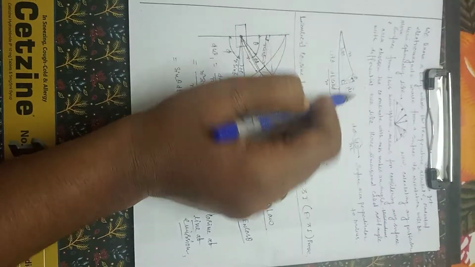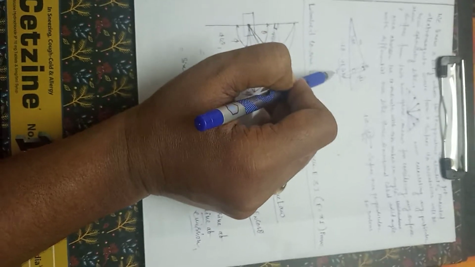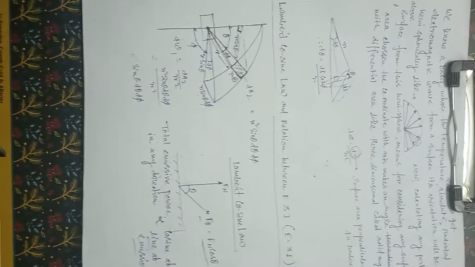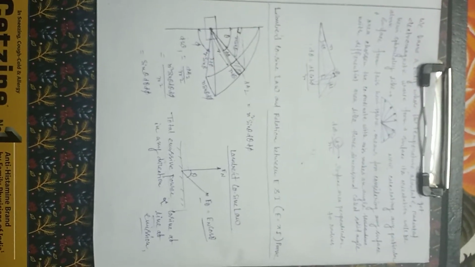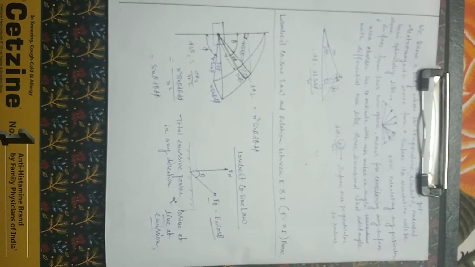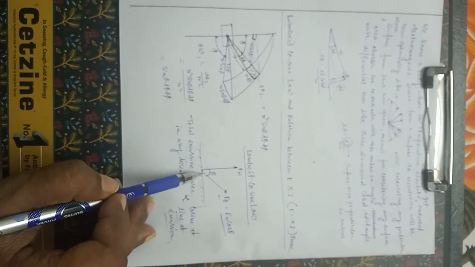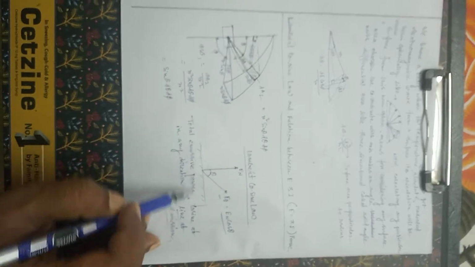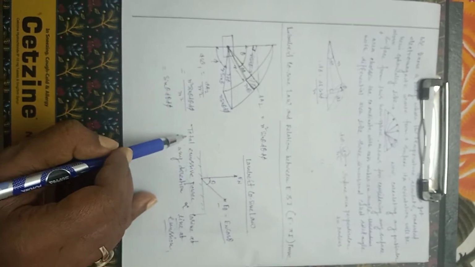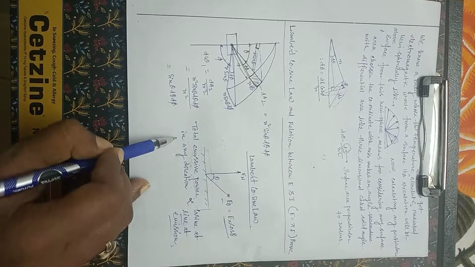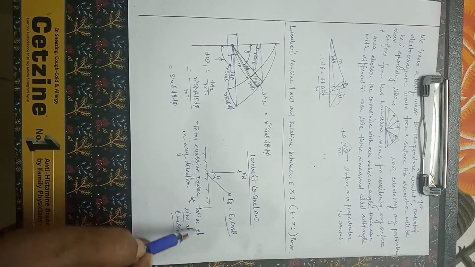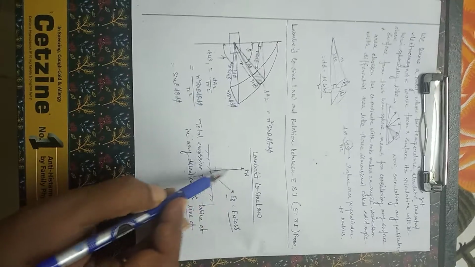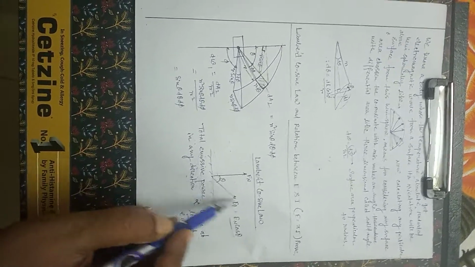That's why we can say this is dl cos phi by r square. Okay, dl cos phi by r square. Now, this is the Lambert cosine law. So the total emissive power, which is very important, mind it, remember it, the total emissive power in any direction is proportional to the cosine of the line of emission. This is the line of emission, and this is its cosine value.